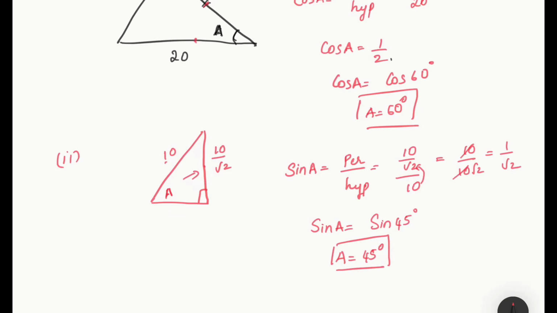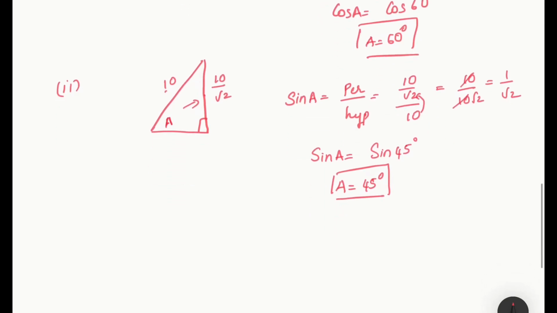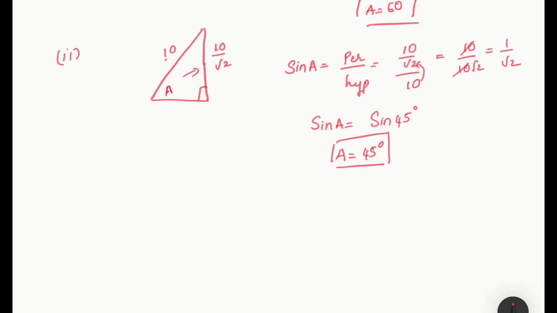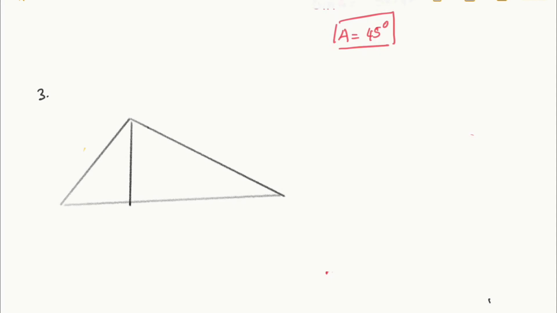Clear? Now you can similarly do the third sub question of it. So now it's clear to you, if two sides are given, how to solve and find the angle, and if one angle and one side is given, you are very familiar how to find the other side. Now let me do the third main.